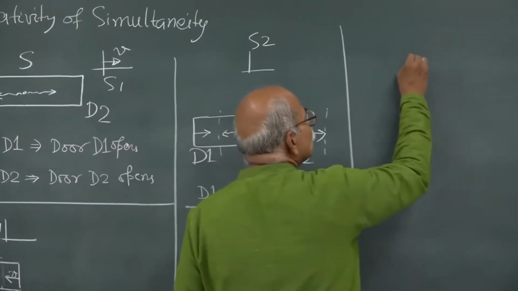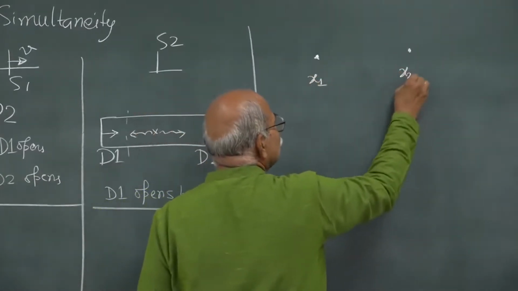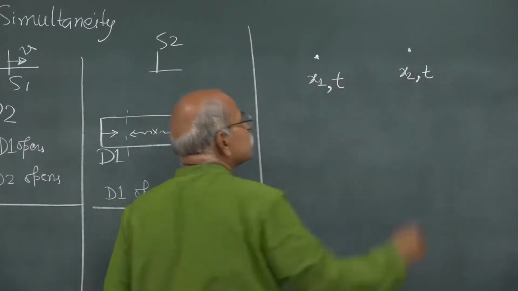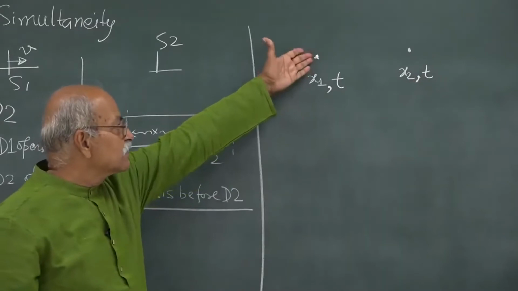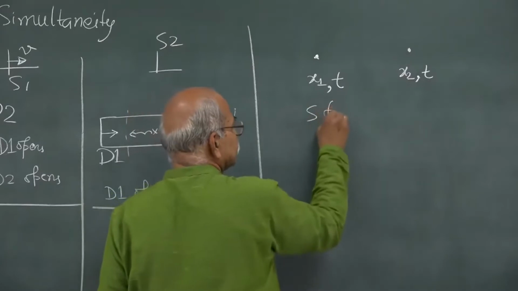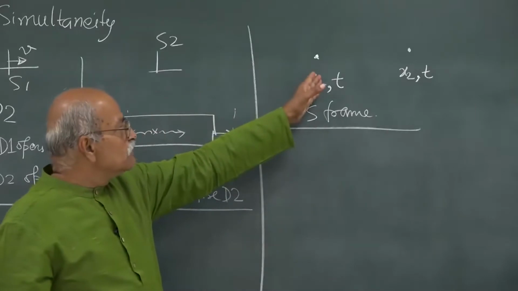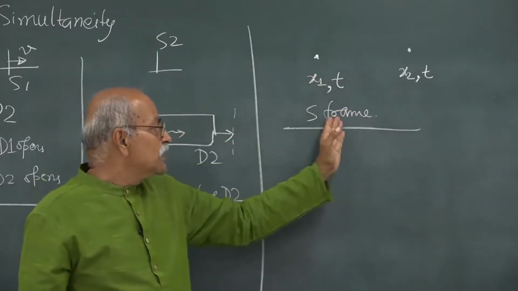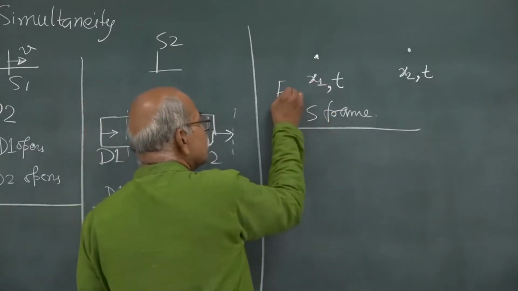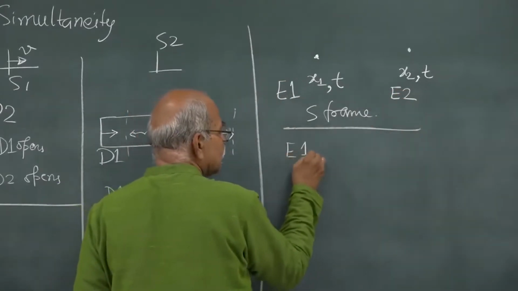If you have two events occurring at say x1 and x2 and time t, let us say time t is simultaneous here. At the same time an event occurs here, at the same time an event occurs here. This is, let us say, S frame. Now, if these two events are seen from S prime frame, what will be the time? So, if this is event E1 and if this is event E2, then for E1 you can write,